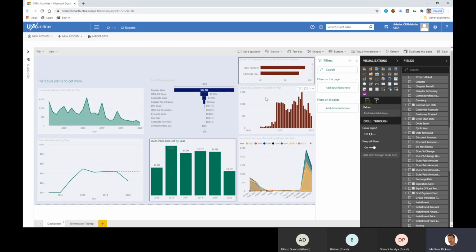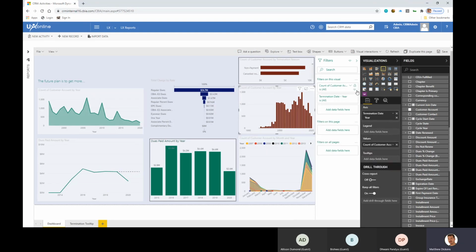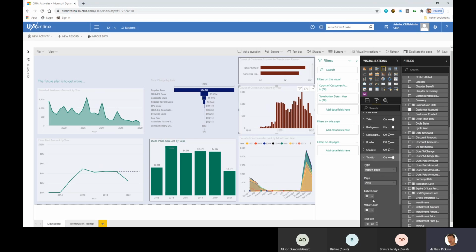And we can say, right, on this particular one, I would like the tooltip, instead of being where you hover on it and it tells you what it is, kind of what you already know, you can go into the format tab and pop down to tooltip and say, instead of being the automatic one that you get by default, I would like the termination one that I just created. So now you hover over